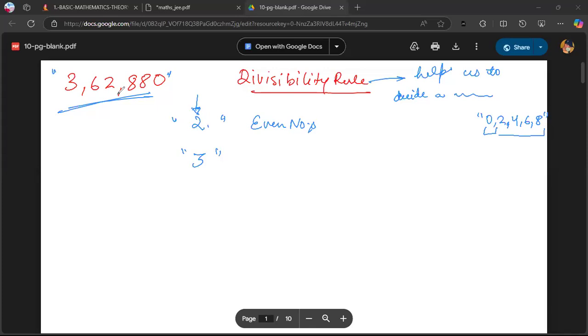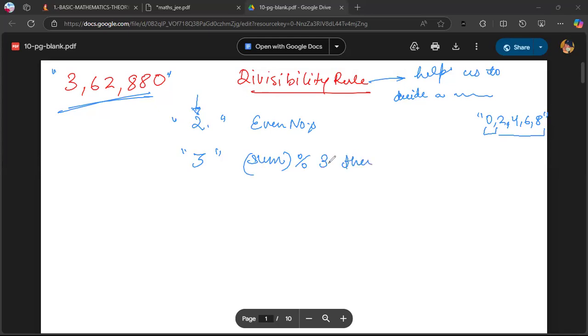So the divisibility rule of 3 says that if the sum of all digits of the given number is divisible by 3, then the whole number will also be divisible by 3. Okay, let me repeat. If there is a given number, and the sum of its digits is divisible by 3,